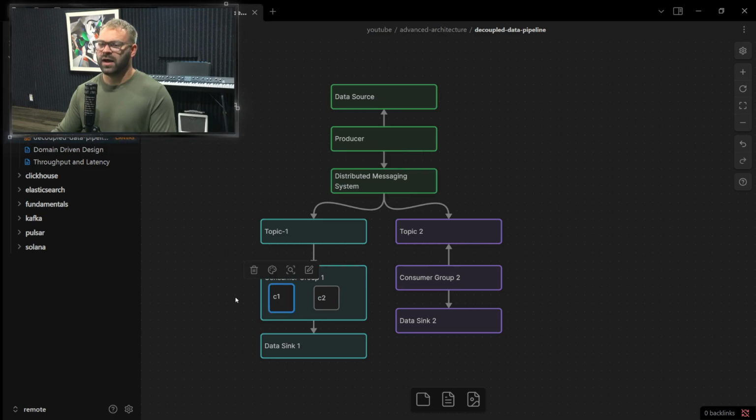And then if there is a crash with one of the consumers, then we can ensure that the messages that were in flight are not lost, that they remain on the topic, and maybe they're forwarded onto the second consumer, or maybe we wait to send those messages back when consumer 1 is back online. All of these things are things that we can decide on a case-by-case basis by leveraging the features of the distributed messaging system, in addition to the scalability and resiliency that we gain